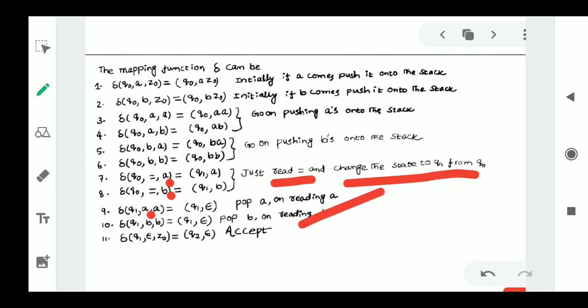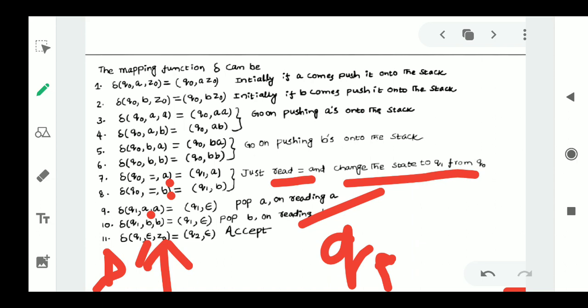And finally, when you have no input symbol, and here in the place of epsilon you can take delta, if the input string has completely ended and there is only Z0, at that time we will go to the final state by reading the input symbol Z0. So you can write QF comma Z0, or otherwise Q2 comma Z0, whatever it is.